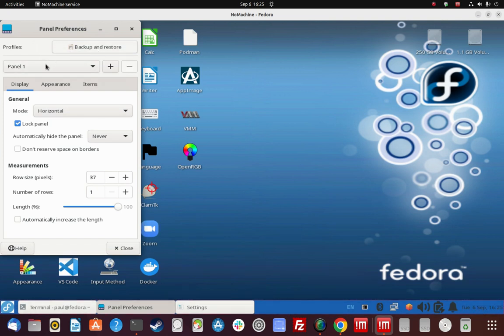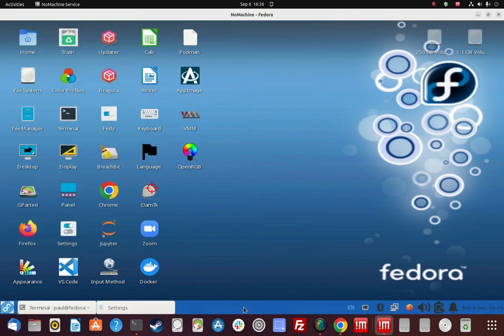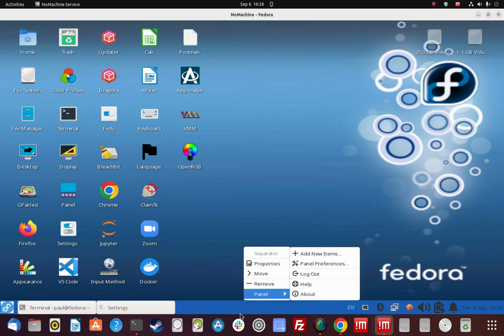So you're gonna have to get good here. Just one panel. Don't get yourself crossed up by having different ones. Just make sure there's only one panel to start out with. So that's the main thing about Xfce, I think, is getting used to how to deal with the panel, right? So yeah, you right click on it,